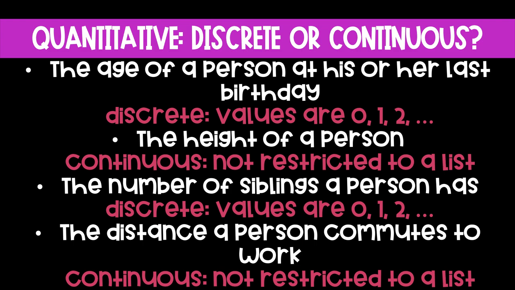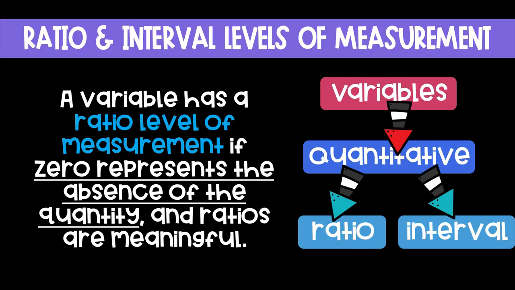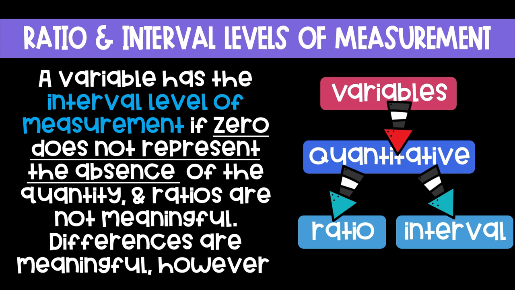Now, I'm going to introduce another definition when it comes to quantitative variables: ratio and interval levels of measurement. A variable has a ratio level of measurement if 0 represents the absence of the quantity and ratios are meaningful. And a variable has the interval level of measurement if 0 does not represent the absence of the quantity and ratios are not meaningful. Differences are meaningful, however. For example,